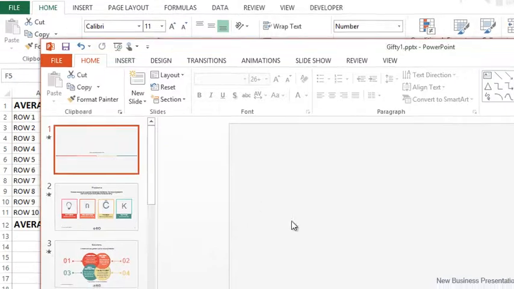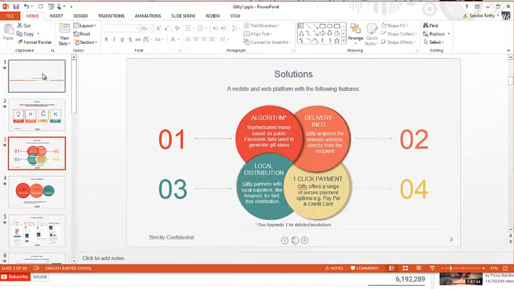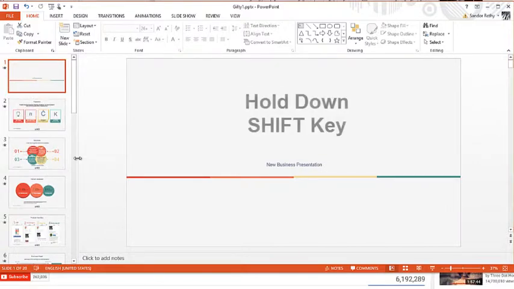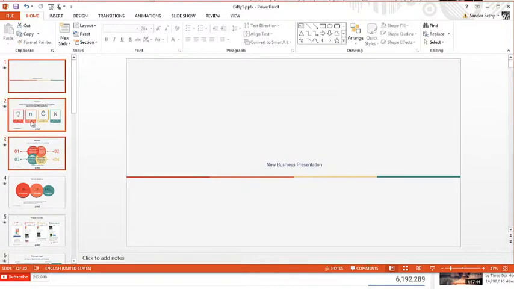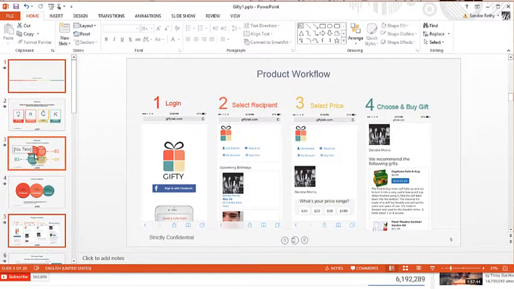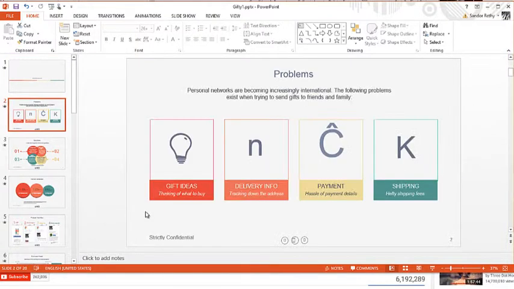Let's go over to PowerPoint and see how this is going to work as well. So in PowerPoint you have slides, obviously. Now if I wanted to select multiple slides, let's just say maybe I wanted to copy slides 1, 2, and 3. Well, again, I can utilize that Shift key. If I click on slide 1, I can hold Shift, click on slide 3. You'll notice it selects all of those slides. You could also use the Control key, and you'll see that will grab different slides, not a range. That'll grab individual slides that you choose, and you could delete them, copy them, move them, whatever you would like. So that's using Control and Shift in PowerPoint.